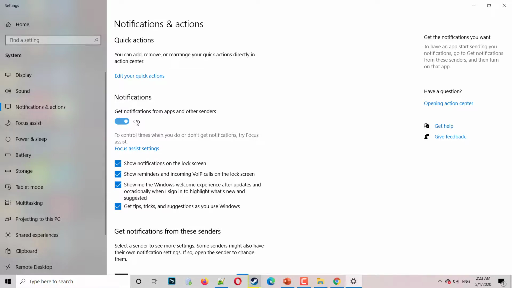If you disable the notifications of the apps, it's going to save lots of background resources, reduce a lot of load on your processor and memory, and it's going to affect the speed of your operating system considerably.